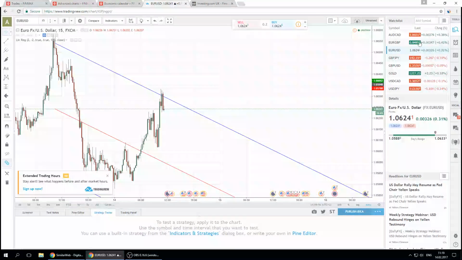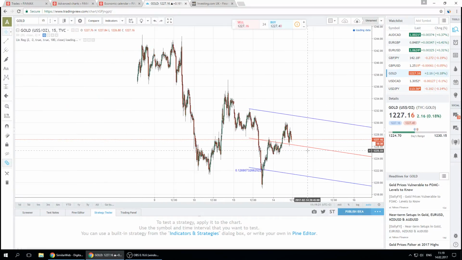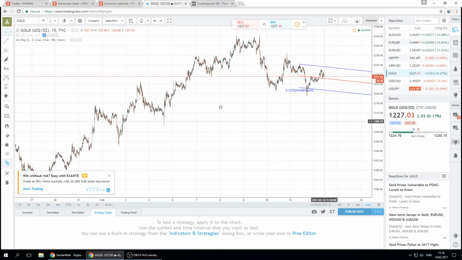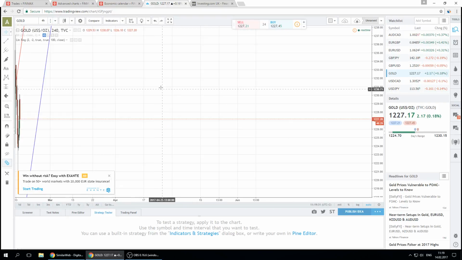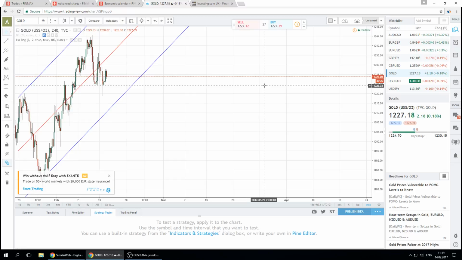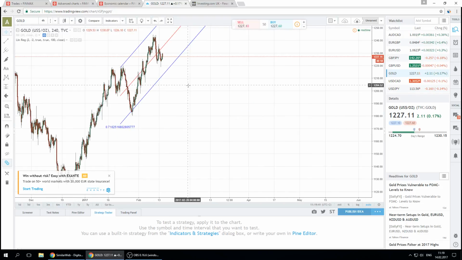So let's switch to see what we have on gold. The 15 minutes time frame shows us that the trend is going down. So basically it would make me ask, why did you open this trade? But if we switch to a longer time period, we will see that the global trend is going up, and there is really good potential that the prices for gold will go up as well, because the unclear situation on the market, in the economic and political life of the world, tells us that gold will